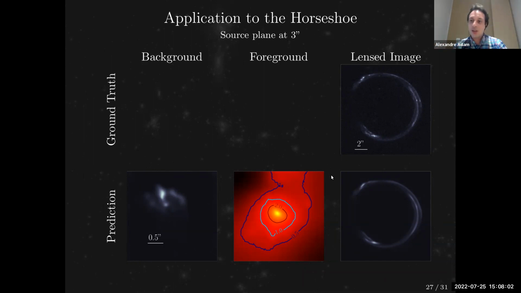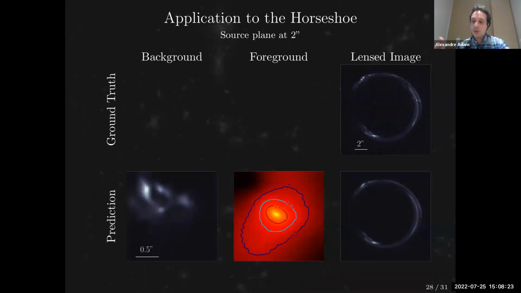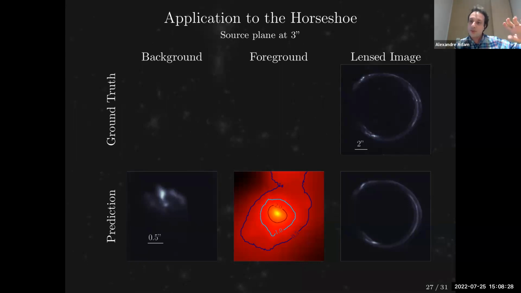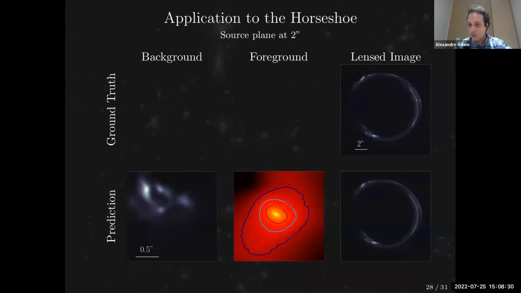Another thing that's interesting about our approach is that the way it's set up, the neural network doesn't have to learn the physical model. The physical model we've built into a simulator, so we can actually tune the redshift, the pixel scale, things that you wouldn't want your network to learn by itself. So we can actually do something like zooming in on the source. Here, we didn't use all the pixels that we had, so you could zoom on the source and get better constraints even on your system.